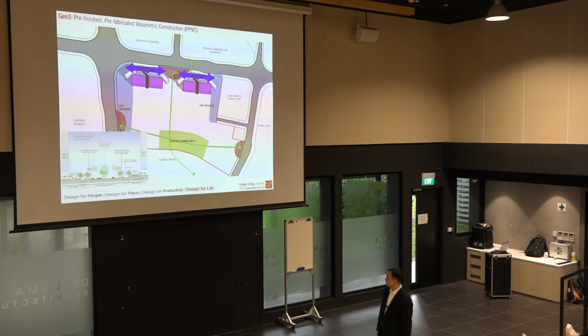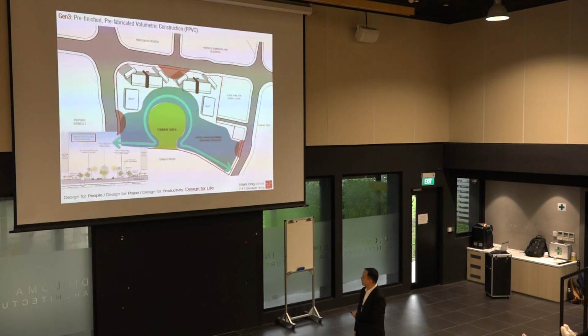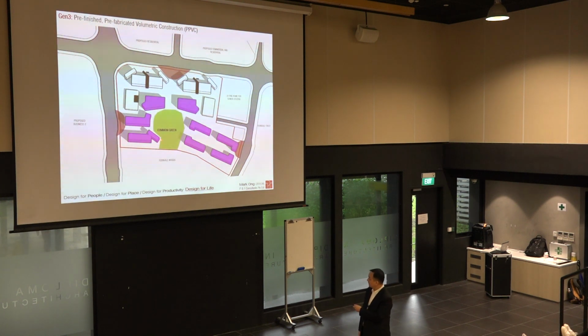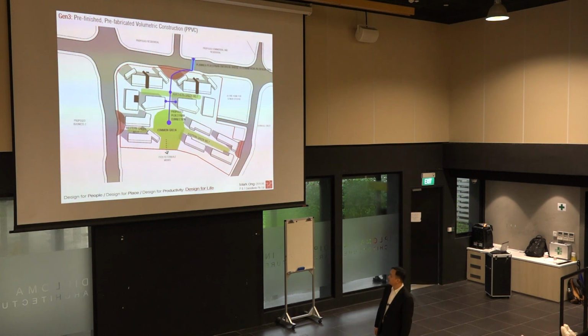So to do that, we reshaped the common green from a rectangular plot into a circular plot. And we reconfigured all the blocks in the middle, at the heart of the site, to face this gigantic common green. And then you have green belts that filter out from the main green space. And the connection is done through